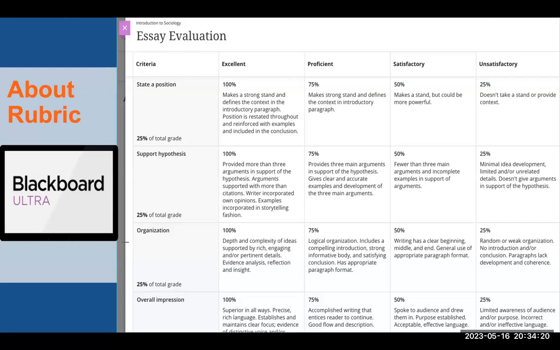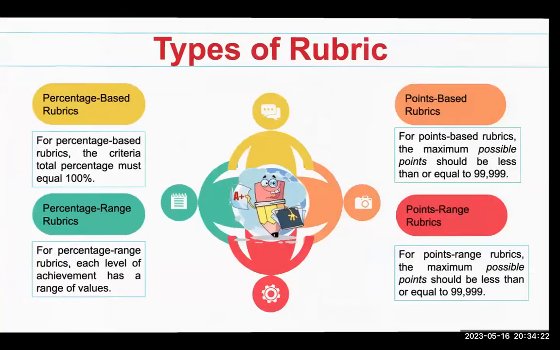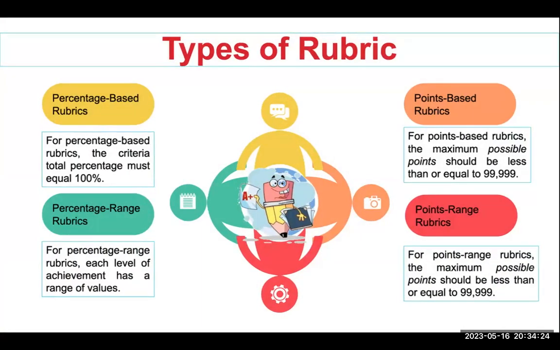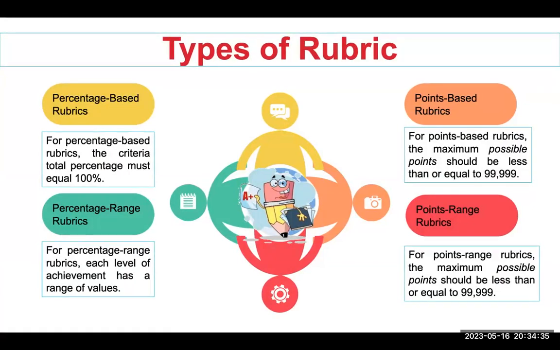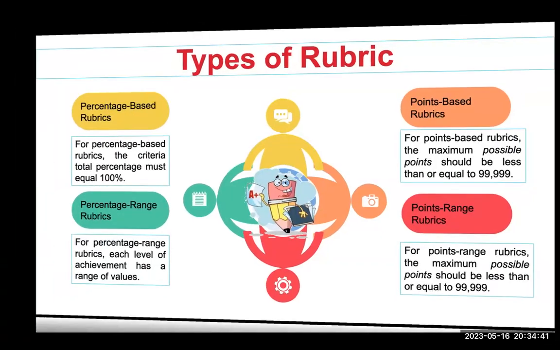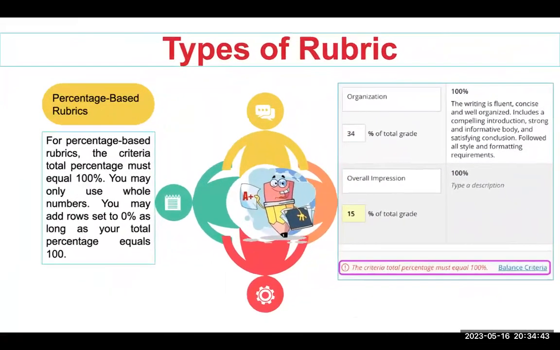So let's have a look at the types of rubrics. There are 4 types of rubrics: percentage-based rubrics, percentage range rubrics, point-based rubrics, and point range rubrics. You have to be very clear about all these types, because I'm going to discuss them in detail. Later we do have some questions related to types of rubrics. The first one is